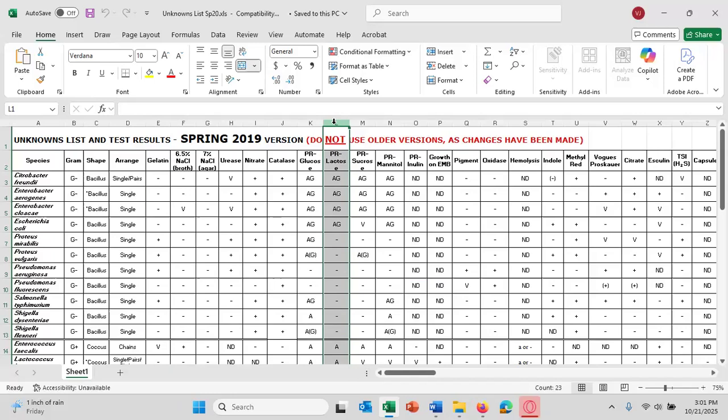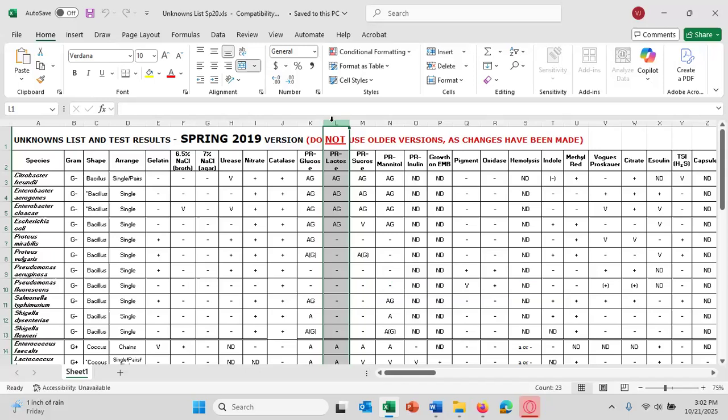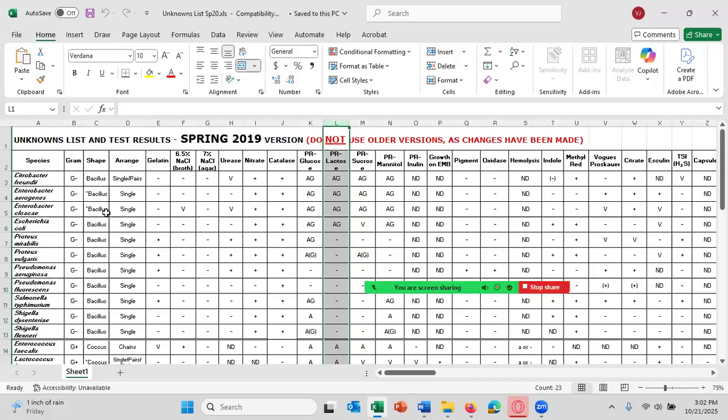So the very first tests, I've decided which tests you're going to be running, and it's the gram stain, the gelatin hydrolysis, and the PR lactose. This will be the only time you will get the results in the email. And I'll just send out 1 email to the whole class. And in that email, you also get your unknown number representing a bacteria species, and then the results for these 3 tests.